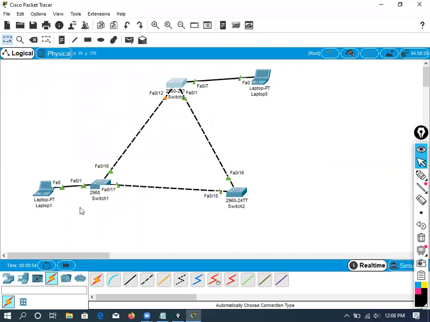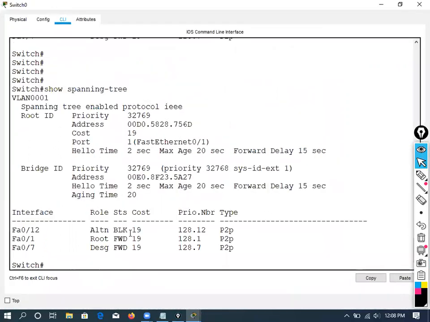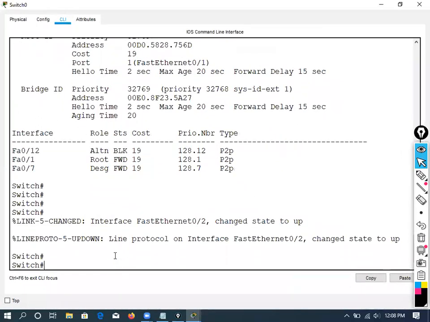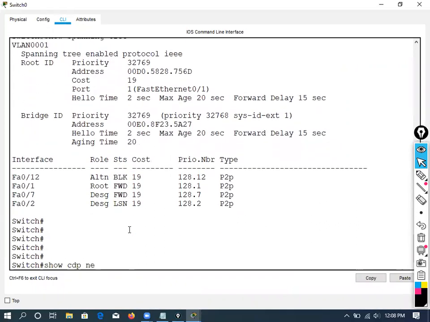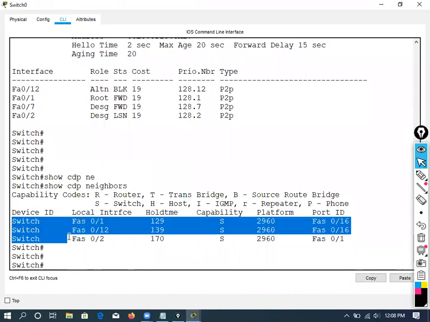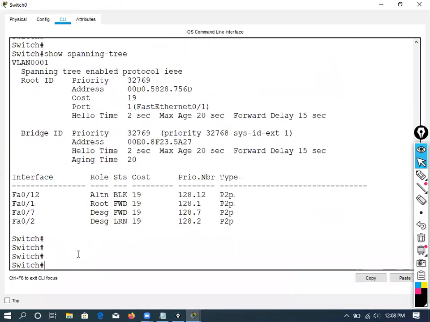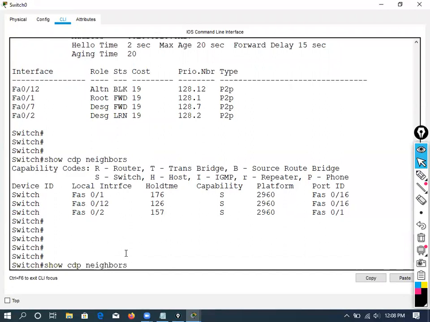Okay. Now, in case I connect one more switch there, so I'm going to connect here. Let's connect one more switch here. Now again, you have a look at what happens. Now the state changes to up. Have a look here. Listening. If I try show CDP neighbors, okay, I got it. It was the listening side, right? So I got other switches' information there. Learning. Now it is learning. So CDP neighbors, we got the information there, right? Clearly understand? That's why we have listening and learning states.